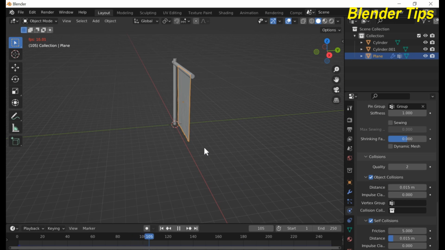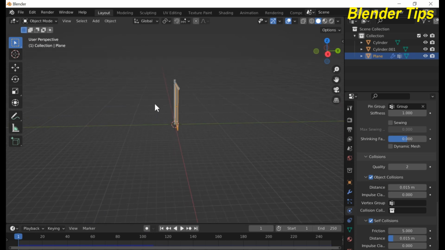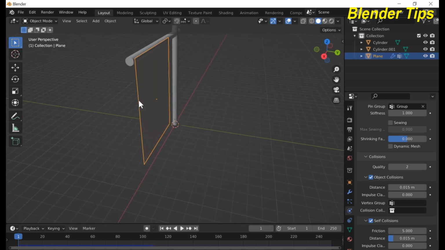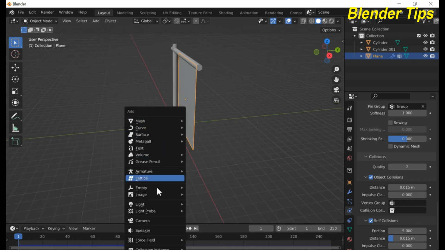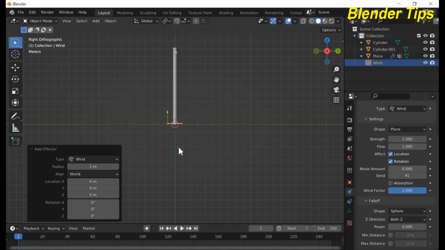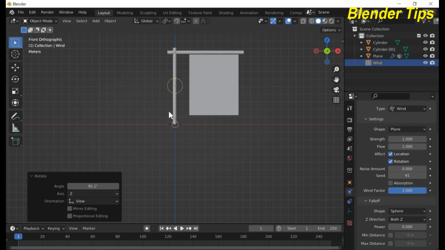Beautiful. Now I want to add some force field like wind to this cloth which acts like blowing. So press Shift A to add a force field wind, and move it and also rotate it. Press 1 and move here,